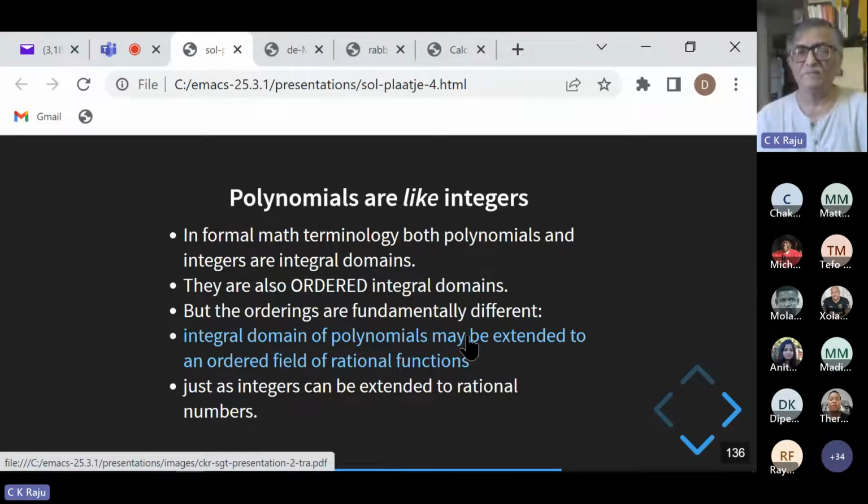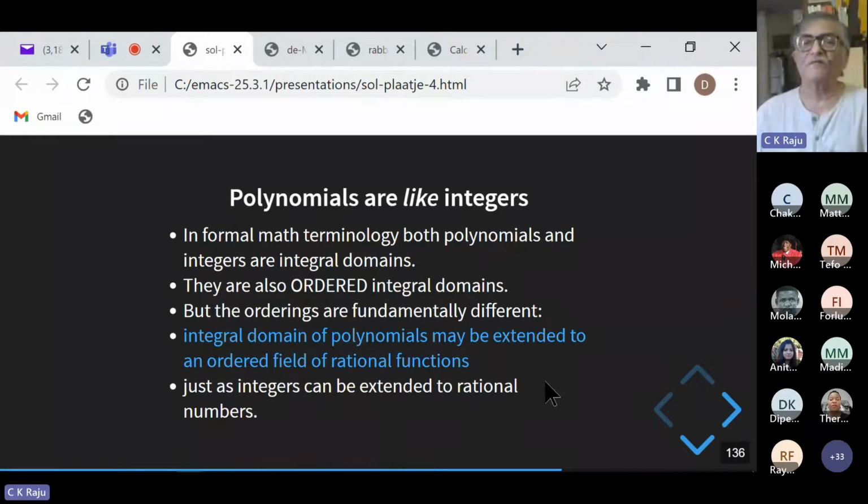Okay. So in formal mathematical terminology, both polynomials and integers are an integral domain. You don't have zero divisors. They are also ordered integral domains. You have an ordering in integers, which De Morgan didn't understand. You have an ordering among polynomials. But the polynomial ordering is fundamentally different. Because you have an ordered integral domain, you can extend it to a field. I'm talking formal mathematics now. You can extend it to an ordered field of rational functions, just as you can extend integers to an ordered field of rationals. But rationals are small, rational functions are big, and they have a peculiar property that they are not